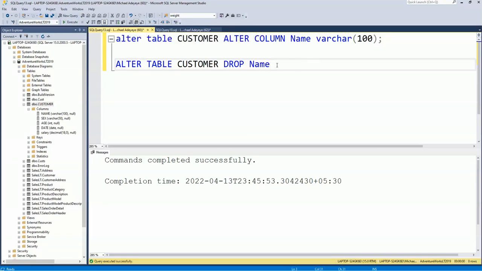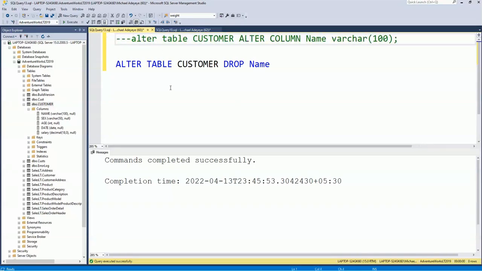But if I want to execute a line or a number of lines separately, I will highlight them and then run. Or I can comment this out. To comment out, you just do two dashes, and then it becomes a comment. So when I click execute, it will count this one as a comment and won't run it. So it will run this second line. If I click execute now,